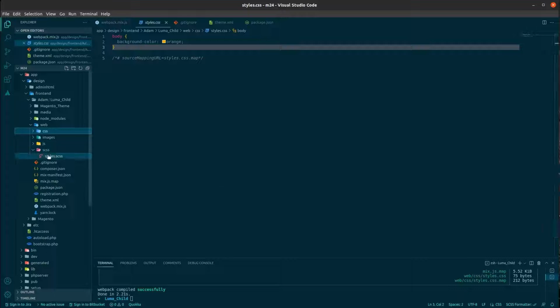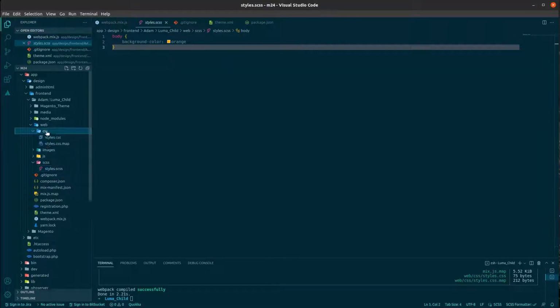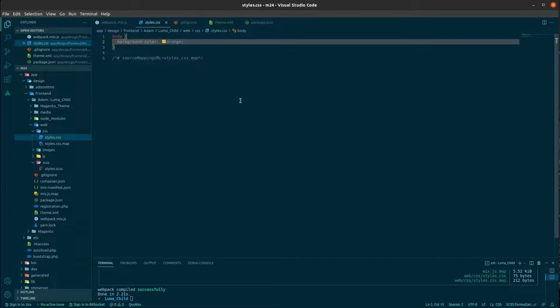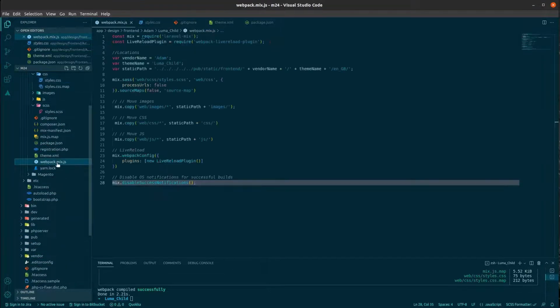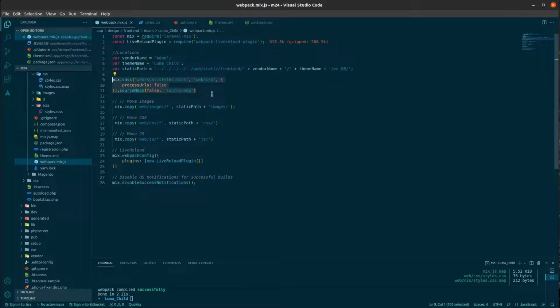I know I'm going to be working mainly in here, but I'd rather have it unminified in here just for debugging purposes, just to make it readable, just in case. Now, don't get me wrong, I would never look in here for any CSS errors or mistakes or anything like that. I would look in here, but there's no need to run that minification here because Magento is going to do that for you. And as part of the script here, or the settings, we're mapping. The only thing that we're doing here really is mixing the CSS, is compiling the CSS or moving the CSS, building a CSS file. Everything else is just a